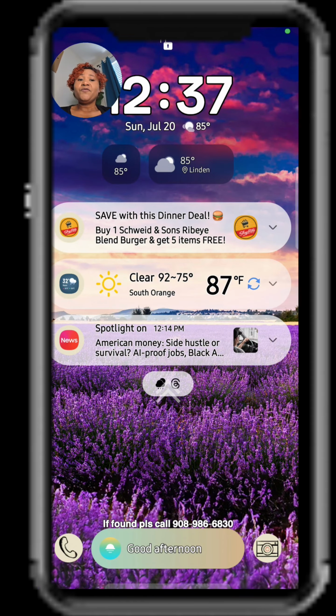Hello. If your lock screen shortcuts have always been stuck on these two things, camera and phone. You know this shortcut, this is my lock screen. From here I can easily tap this to open the camera or this to go directly to the dialer, right? So if your lock screen shortcuts have always been stuck on these two things, this is your sign to take